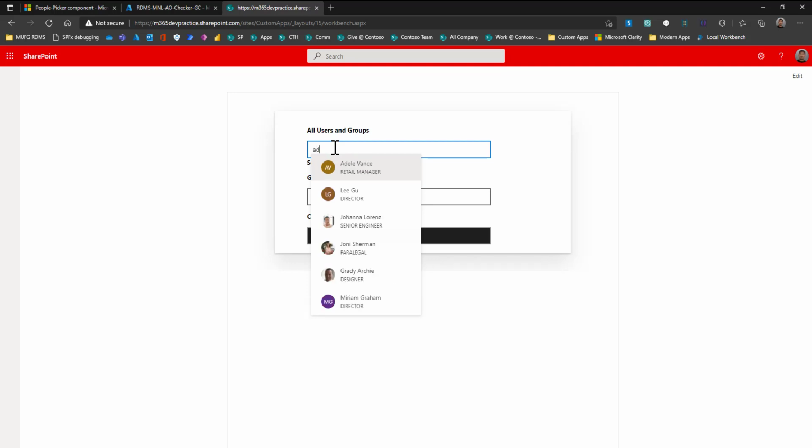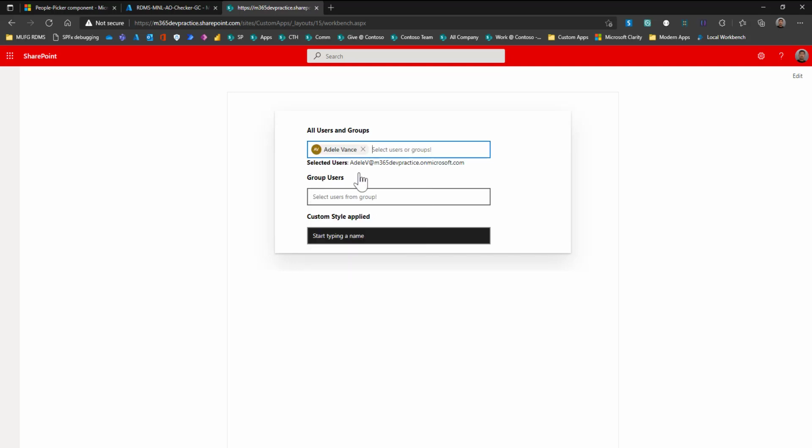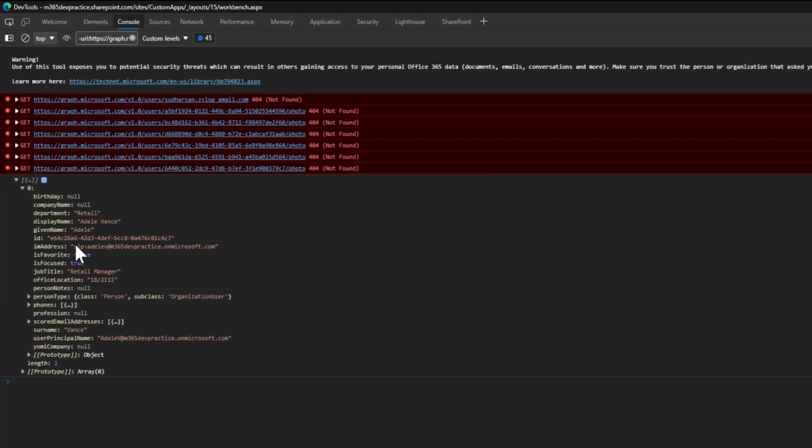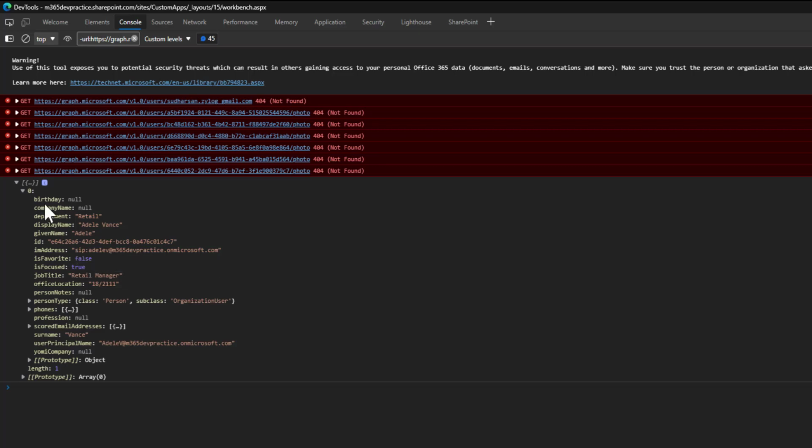So let me choose some user. Once the user is chosen, you can see the detailed properties displayed as an array.